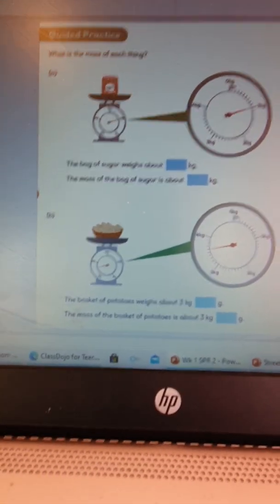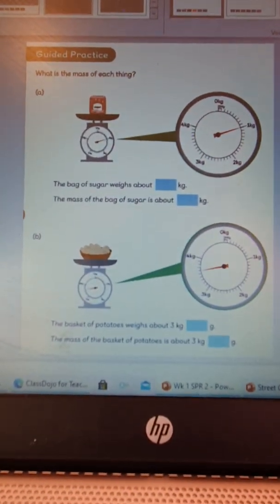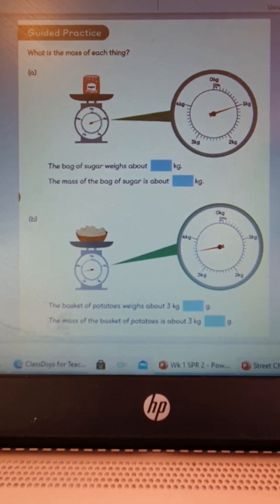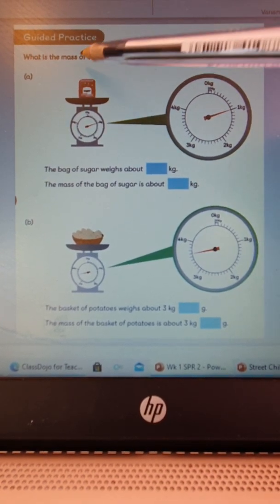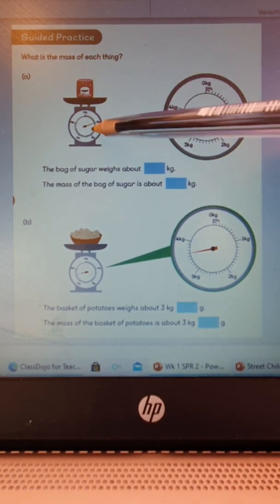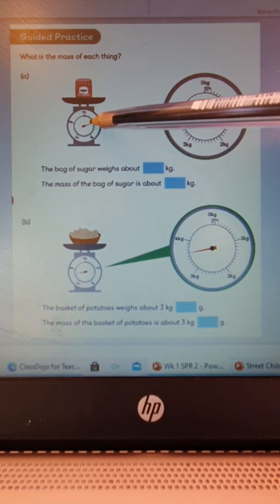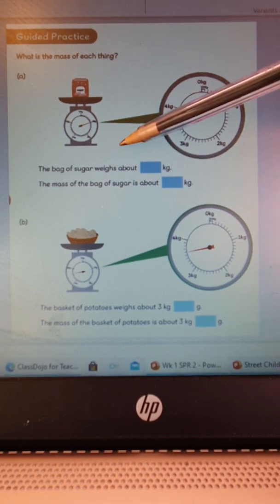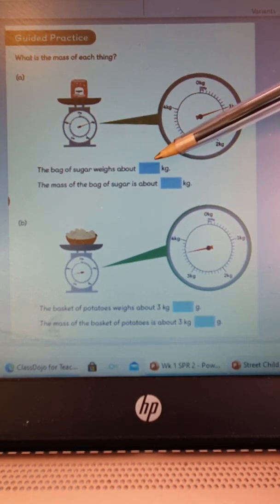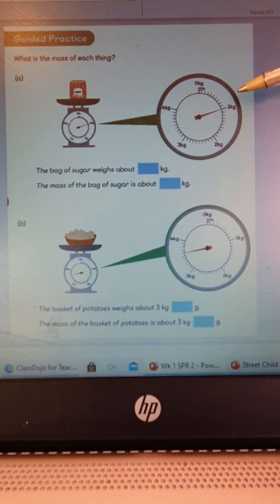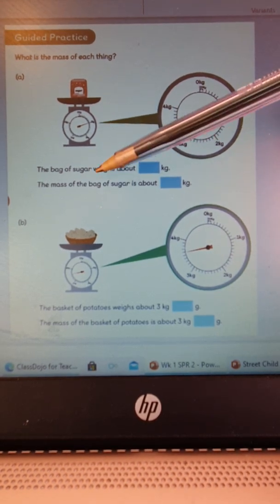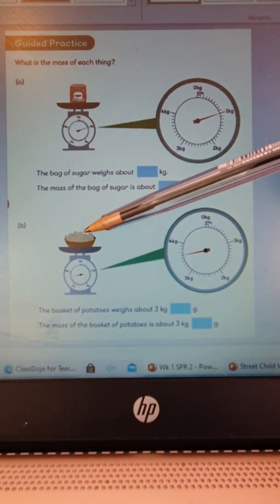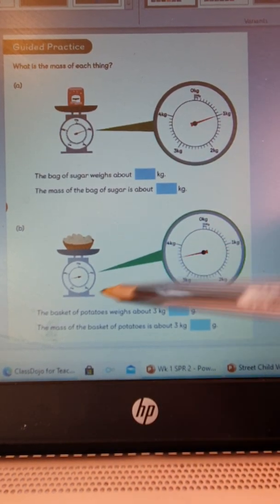Sorry, I thought that actually paused then, but it hadn't. So these are our worksheets for today. It says, what is the mass of each thing? So I think that's sugar. And there is how much it weighs. And we can see here is its actual weight. So the bag of sugar weighs about, that's what we think it is. But that's dead obvious, isn't it? And the mass of the bag of sugar is